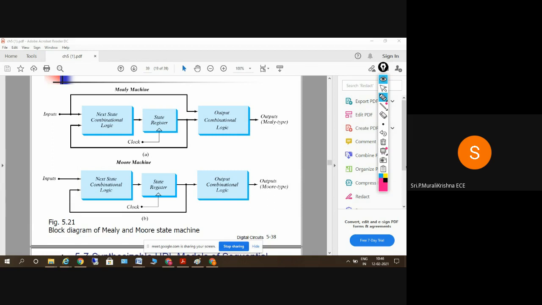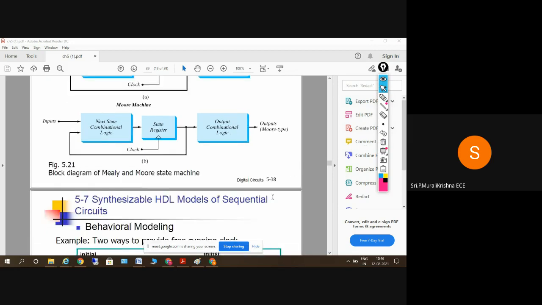Clear? Done? Yeah, sir. So this is an example of Mealy and Moore models here. Okay, so the next topic is